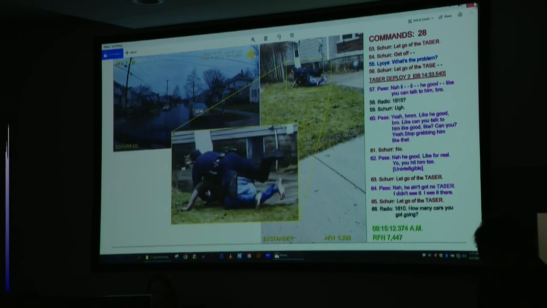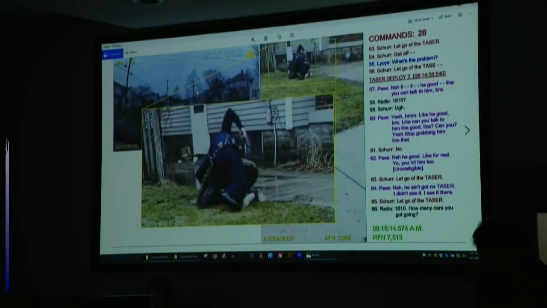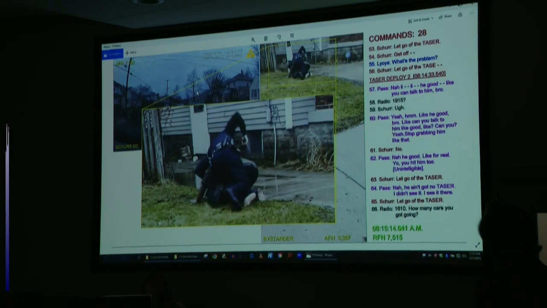And now B16? This is a series of 3 images. They start at 7513, and as I move forward, you could see the left arm of Officer Schurr come up. If I go down, you can't see it because his left leg is in the way. If I inch forward, you can see Officer Schurr's left arm come up to this point in 7515